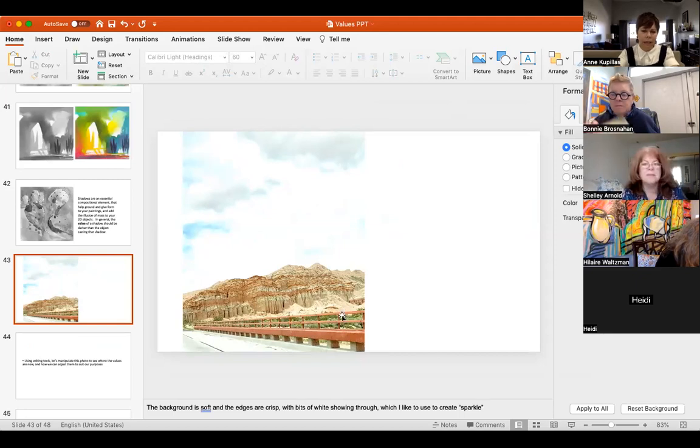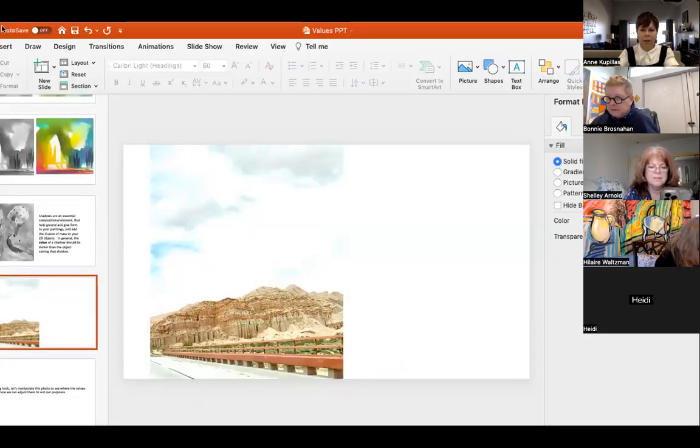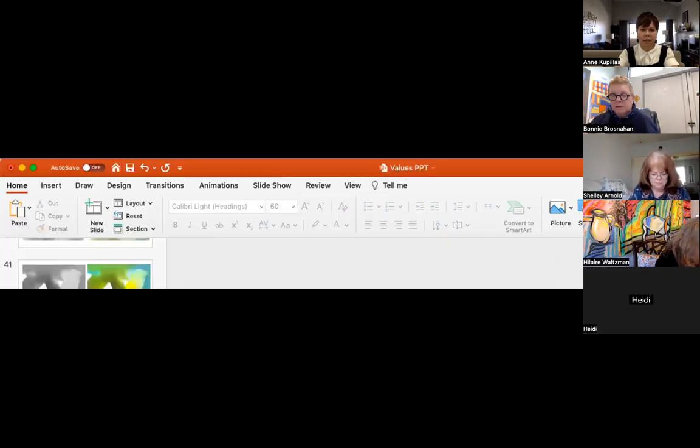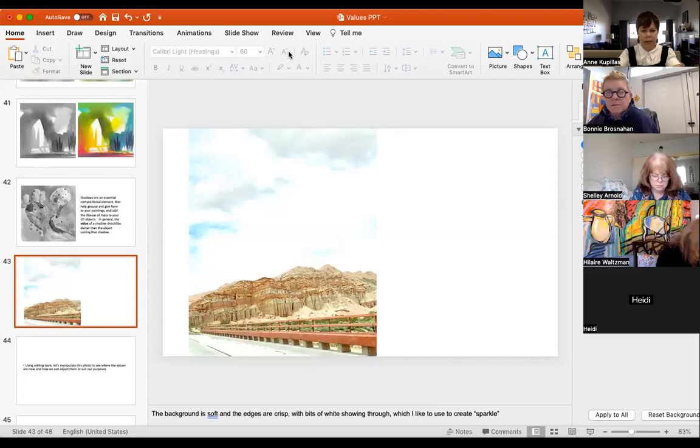What I see here already is a picture that has a little bit of value differentiation, but not a ton. I'm trying to find the folder I want to find for you. But you could really push it. You can really make it go very, very graphically black and white, which I think could be kind of interesting if you want to,